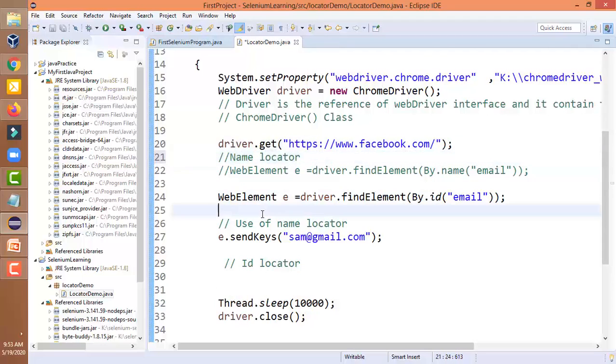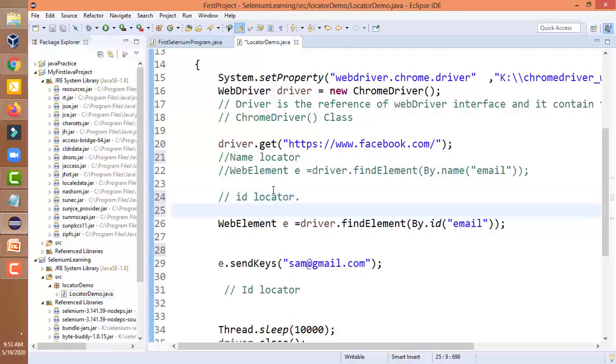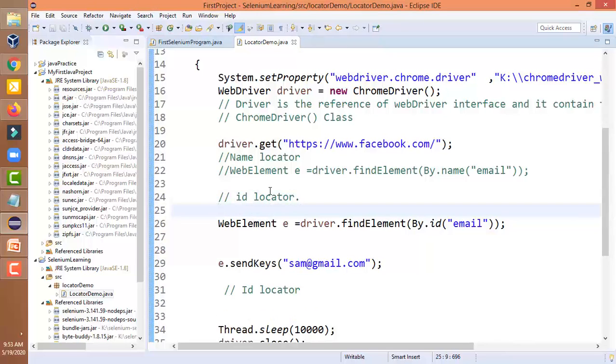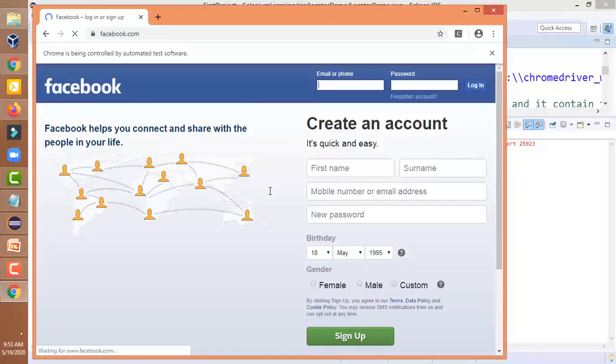Let us run our program. Now let's see if it can enter the email ID successfully with the help of this ID locator.